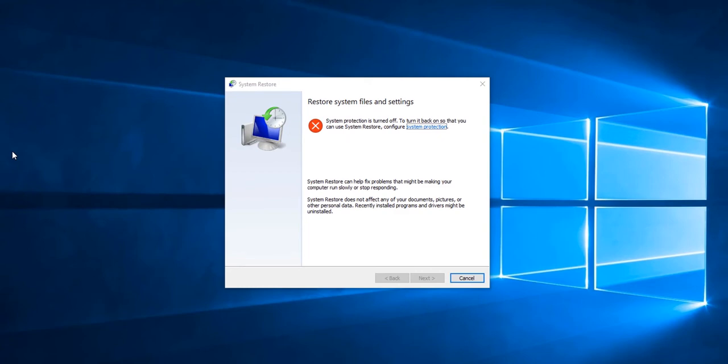Now, if you see this message, that means System Restore is not enabled and will not resolve the problem. What we can do is enable System Restore so that in case we need it in the future, it is available to us as an option. To do this, we click System Protection,